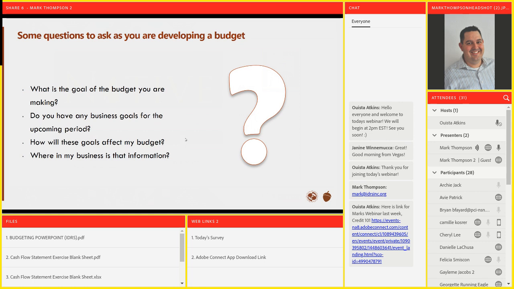It's all these things that we may need to build into our budget. We want to make sure that those are